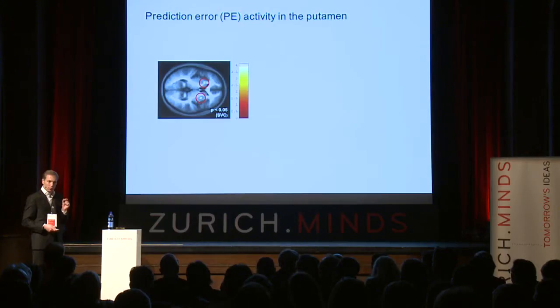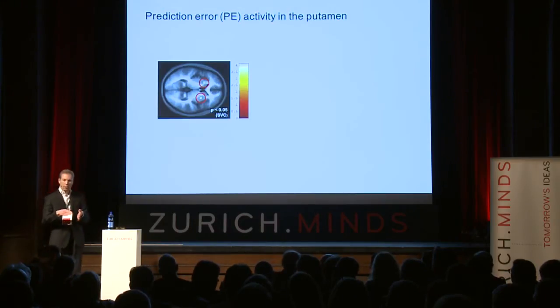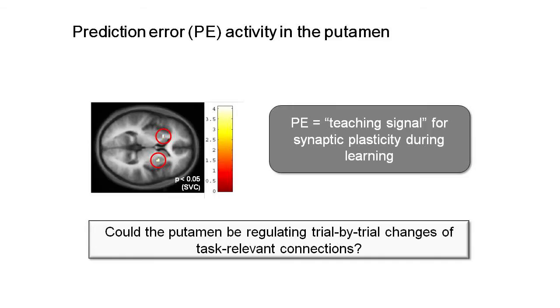But we can now apply it to the brain data and ask, where in the brain is there activity that encodes these computations that the model prescribes? And we find a structure that has been found again and again, showing prediction error activity, namely the so-called putamen, a little structure which I've circled in red here, in the middle of your brain, part of the so-called basal ganglia. So if you now remember that prediction errors are a sort of teaching signal for synaptic plasticity during learning,